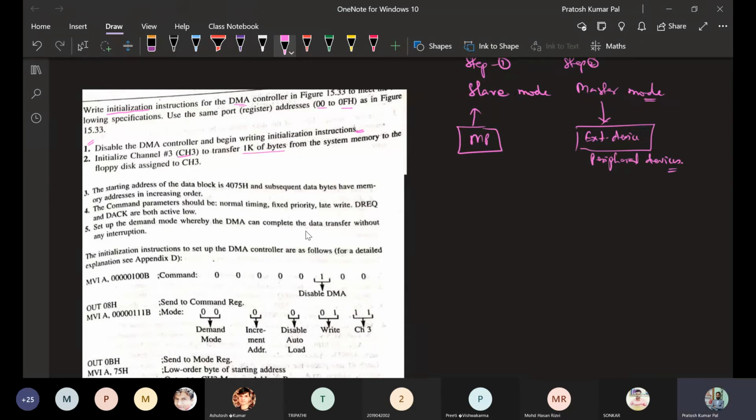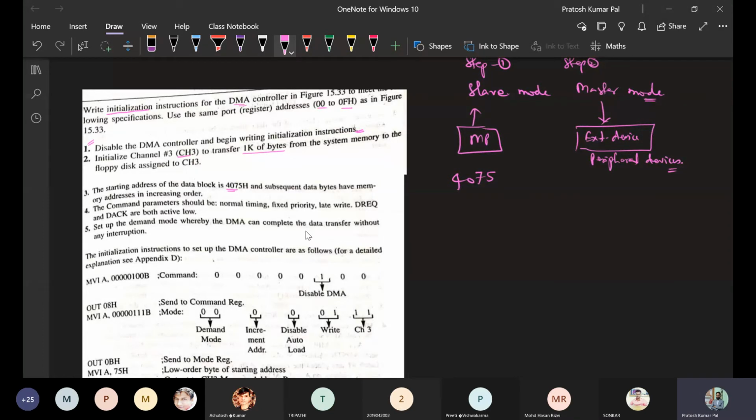Here the starting address is given as 4075, and 1 KB of data needs to be transferred.